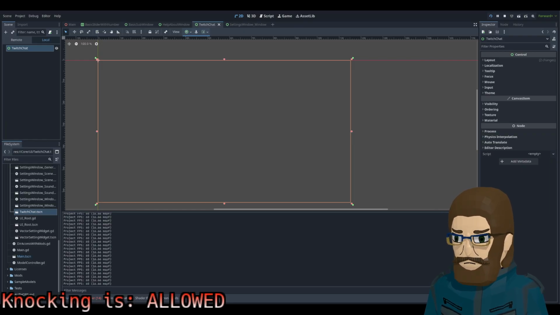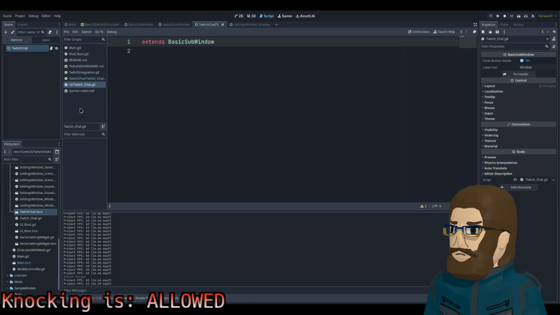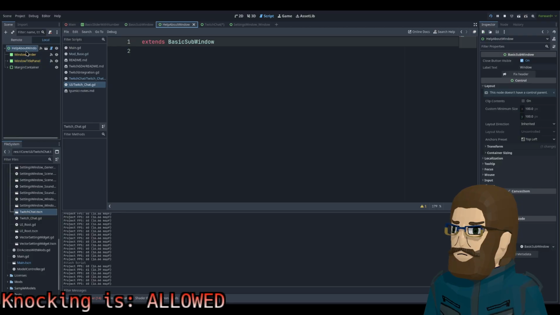When I add the instantiation thing, inherits control. Oh, wait, is this how we do it? Inherit, create. Maybe, maybe.